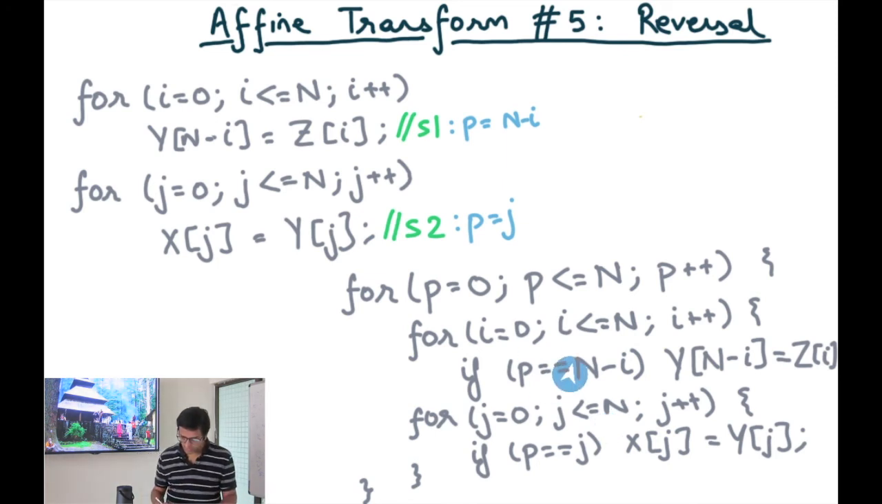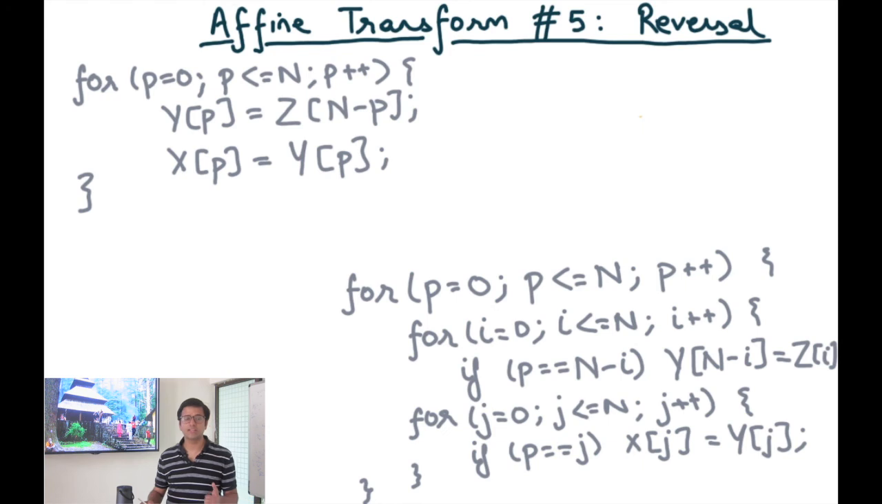Which is the iteration of the loop on i which is non-empty? It is the iteration where i equals n minus p, right? Because that's the only iteration for which this predicate is going to evaluate to true. Similarly, the iteration which is going to be non-empty for j's loop is when j equals p. And so I can basically simplify the loop and in fact remove the inner loops and just replace i with n minus p, and so that gives me n minus i becomes n minus p,